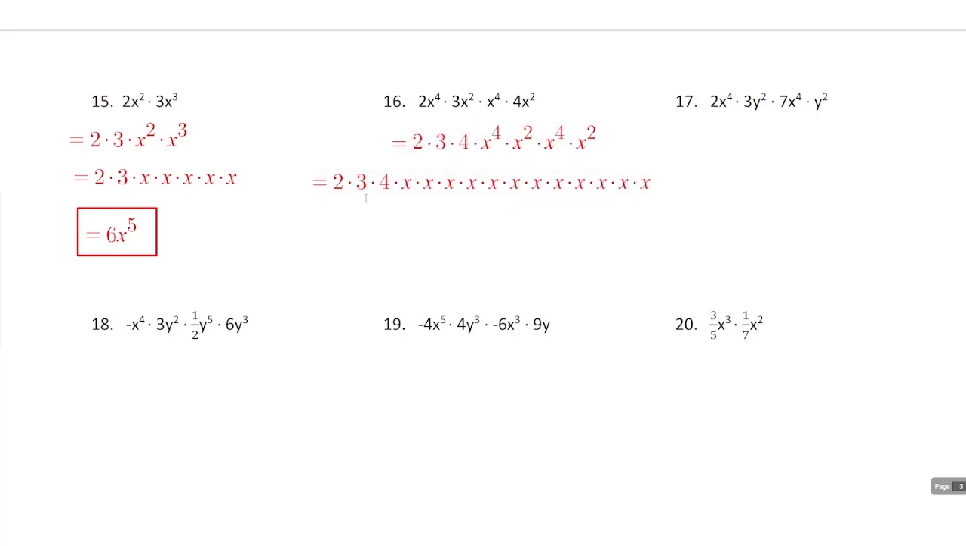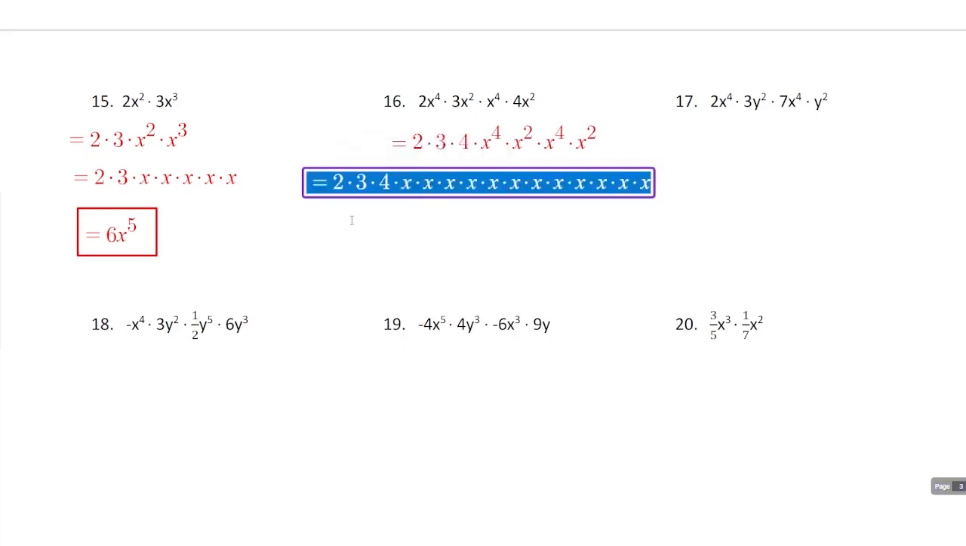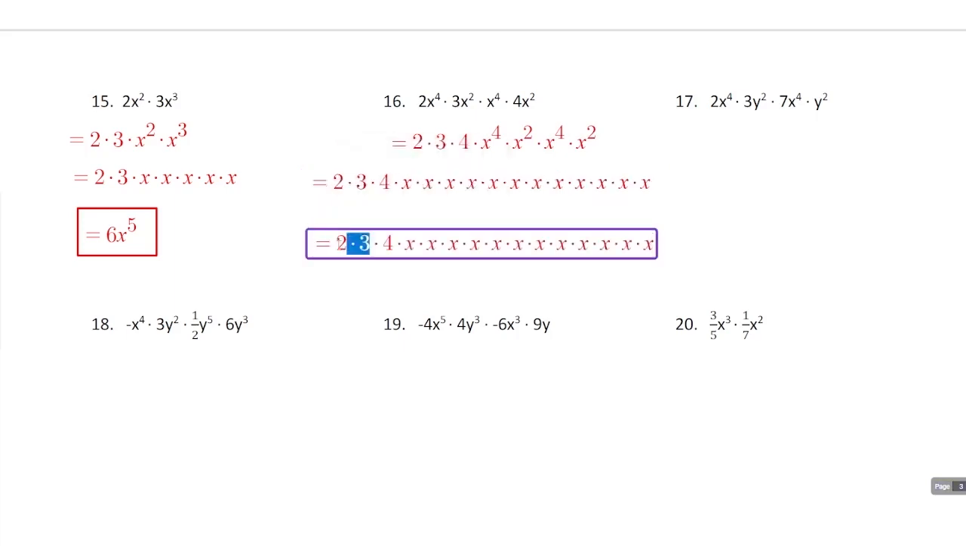All right, so there we go. Now we're going to regroup here. 2 times 3 times 4. 2 times 3 is 6, times 4 is 24. This is just all 24, and then we've got 1, 2, 3, 4, 5, 6, 7, 8, 9, 10, 11,